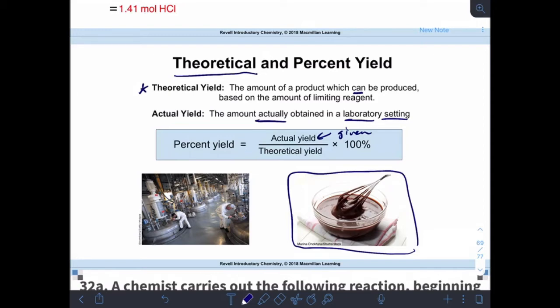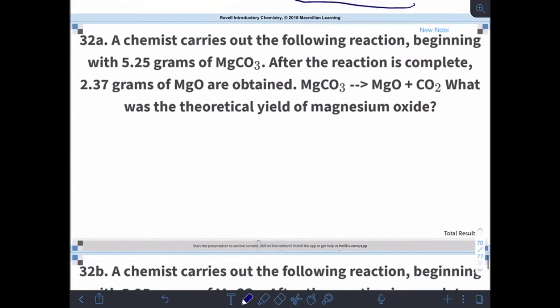So let's take a look at a problem, 32a. A chemist carries out the following reaction beginning with 5.25 grams of magnesium carbonate, and we've looked at this particular reaction before. After the reaction is complete, 2.37 grams of magnesium oxide are actually obtained. What was the theoretical yield of magnesium oxide? So first we're going to calculate the theoretical yield. So we start with